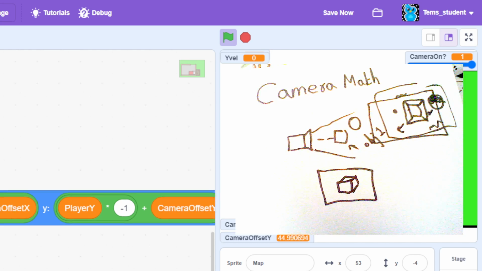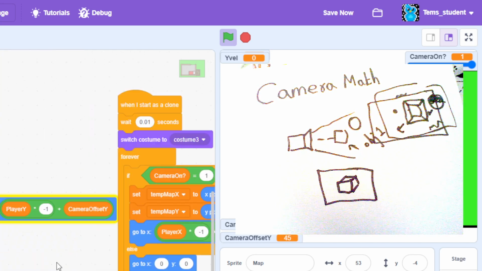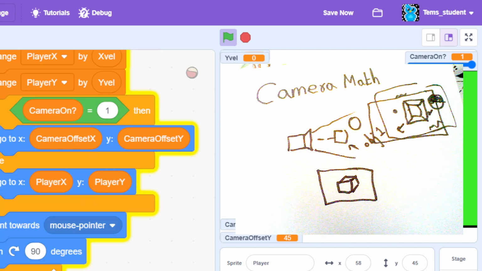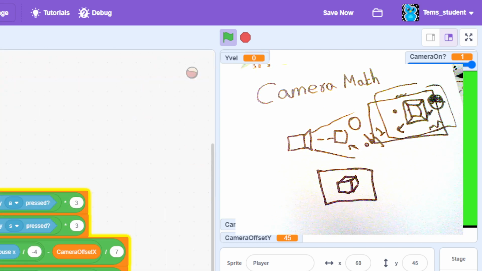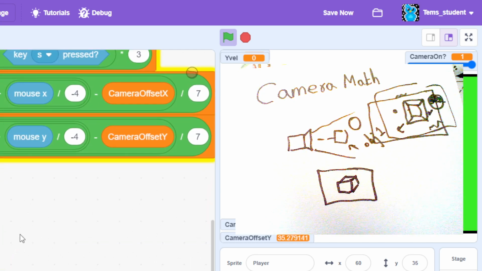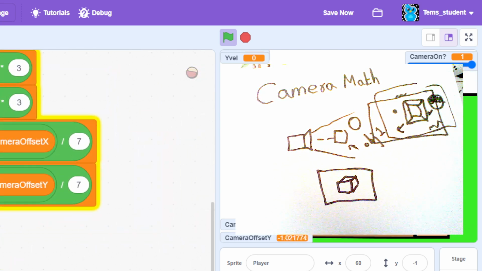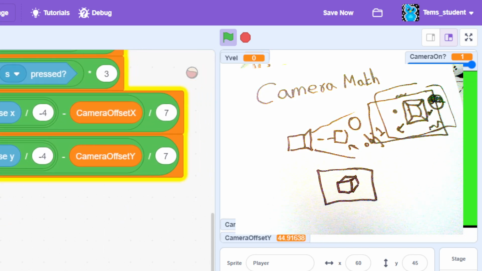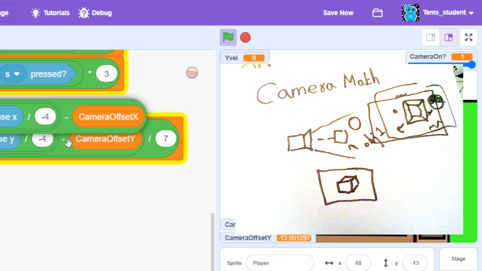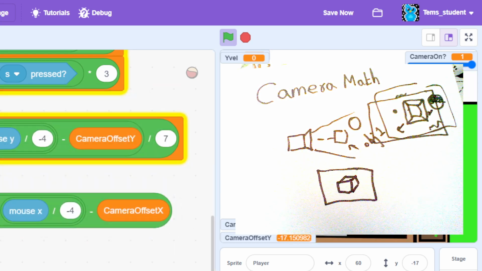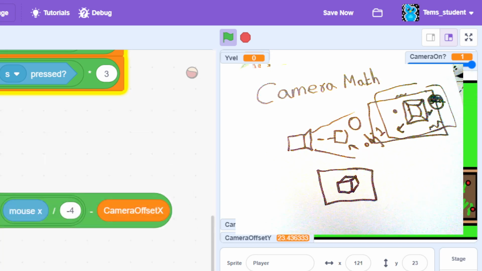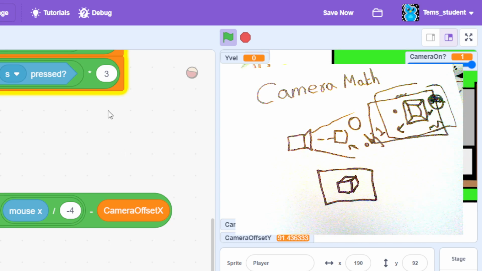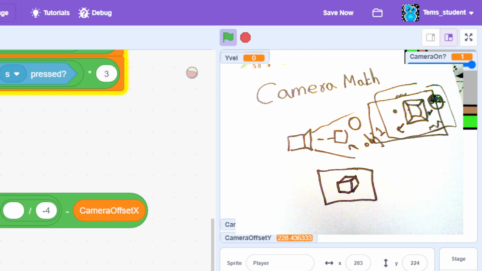This is effectively demonstrated if we add in another variable to the mix. So let's try making the camera offset independent of the player. So if we no longer change the camera offset, the camera, as you can see, is moving on its own. So if we change the camera offset by something else,